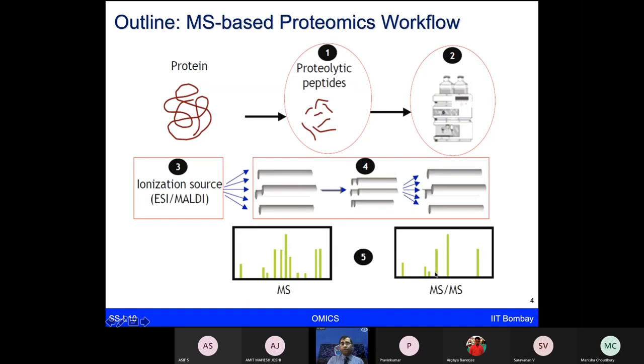Just to refresh you about the basic workflow of mass spectrometry based proteomics, which we have given you some flavor of in the past. What we are talking about is how to take complex protein mixtures and identify which proteins are present in a given tube. And then from all of those proteins, can we look at the patterns of the proteins, what the intensity of the protein is, and can we differentiate a healthy group versus a disease group based on these proteins.